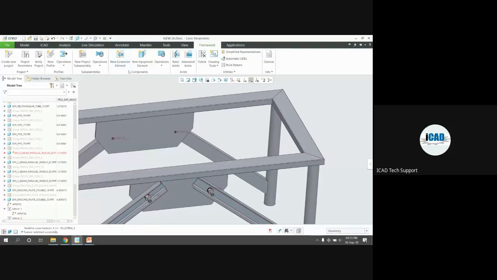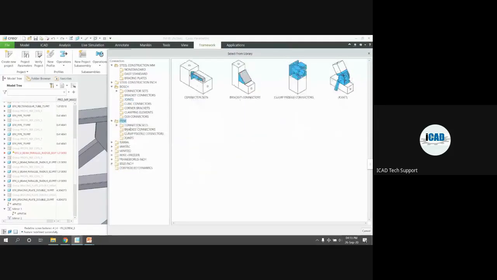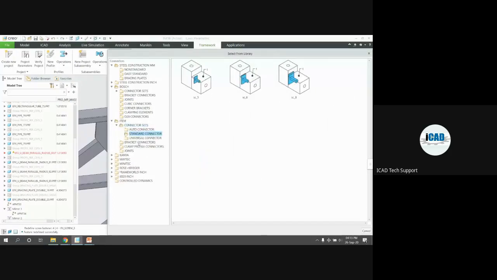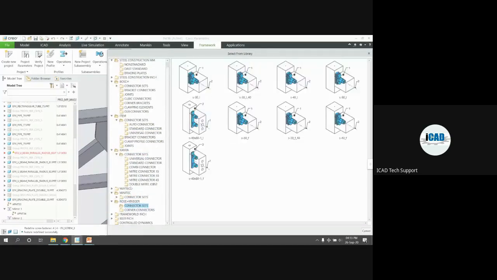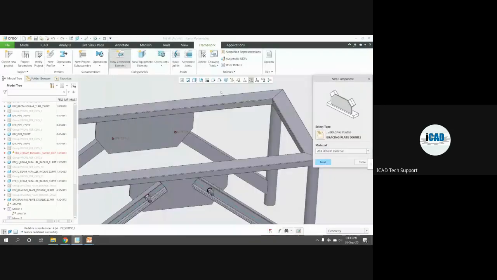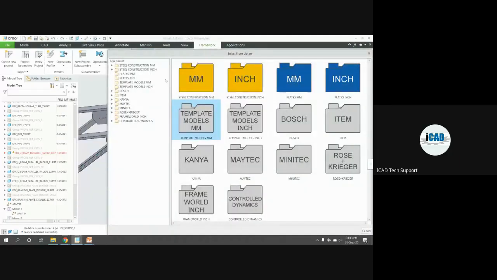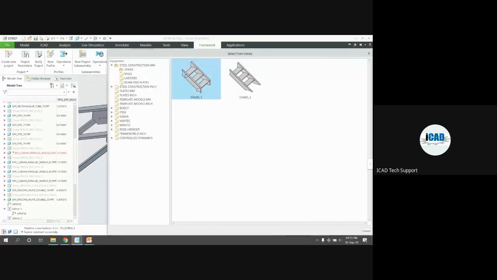Now in these connector elements also, as I said, lots of options are available for the Bosch standards. These cubic connectors, joints, standard components, items, brackets, connectors, clamps. These are all the connector elements available. So you can use those connector elements as per your requirement. Here are some new equipment options available. For the new equipment, here you can see in the steel construction, stairs, rails, ladders are available. If I want to use this stair,